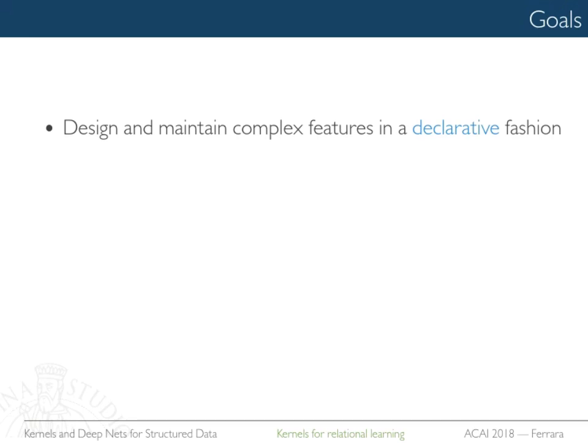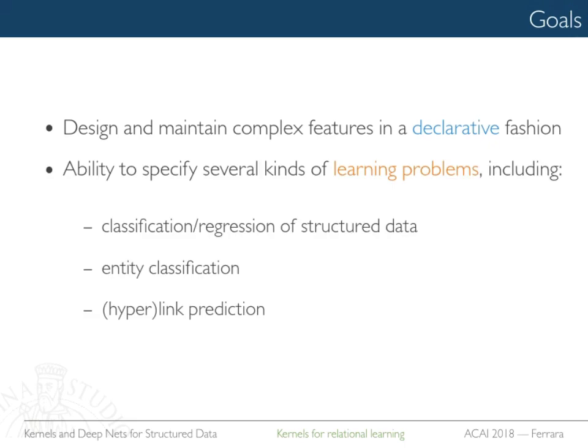So K-log is essentially two things. One is Prolog for representing the problem, the data set and the problem plus the background knowledge. Then this stuff is mapped into a graph, and then there is a graph kernel on top of it. So it's fairly simple, conceptually, right? So I have to give you just a few details on how this works, okay? But once you have it, you can do a lot of things.